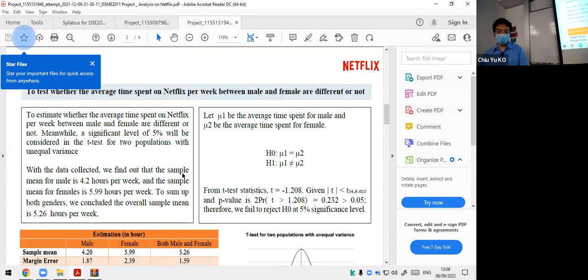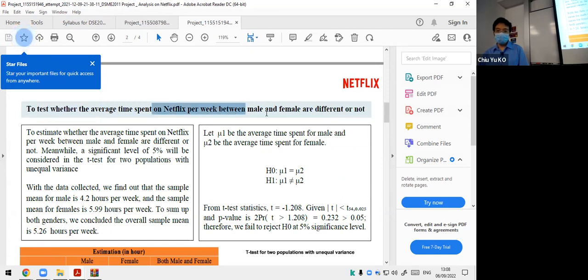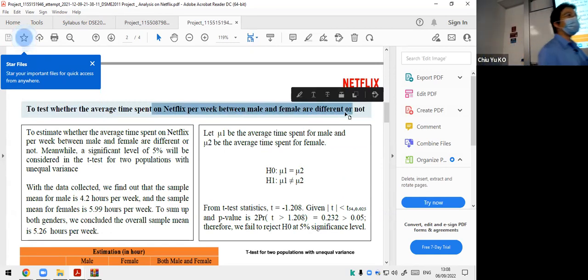And then they ask the question, whether a man or woman would use Netflix differently. I don't know, what do you think? For example, I don't watch that much. My wife watches a lot, so not sure. My son watches a lot, but my daughter doesn't. So in my home, it's not clear what's going on.